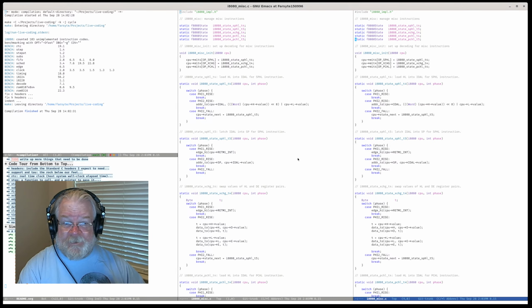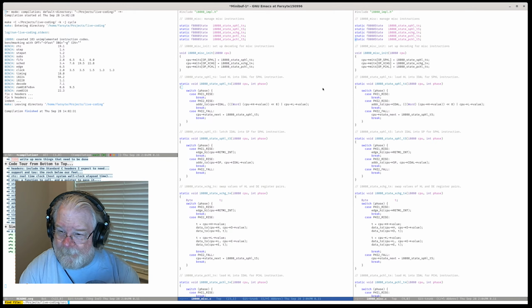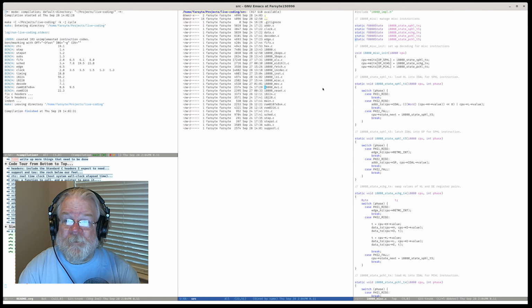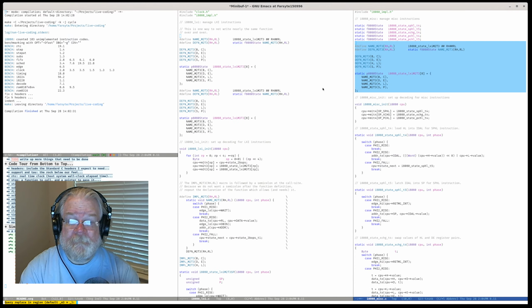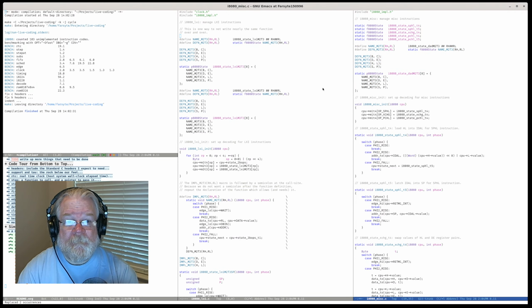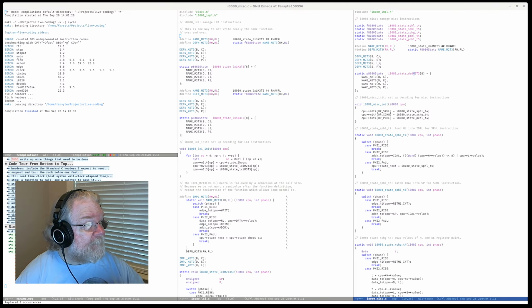There's 1 for each register pair. So we are going to go back to LXI, and we're going to have something similar for it. And we're going to use this same thing where we're giving the 2 registers in the register pair together.